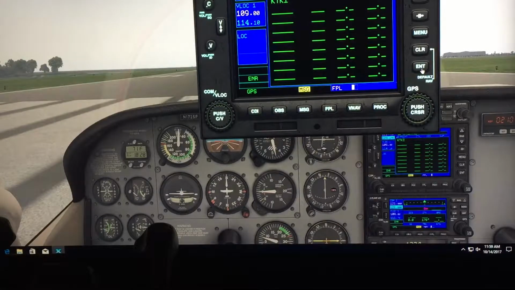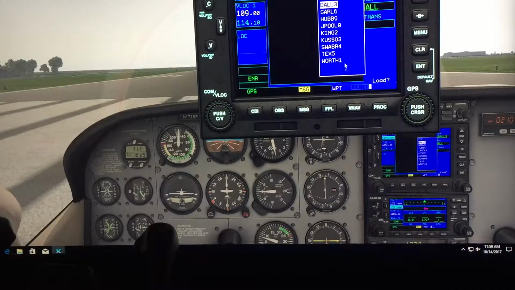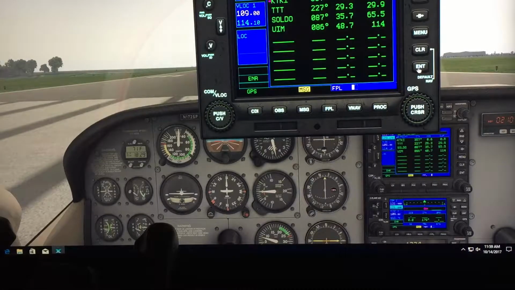All right, here's our origination. I want to select a departure. I'll go to procedures, scroll down to departure. Select that. Here's all the departures for this airport. Scroll down to the Hubbard departure. Enter that. I want to transition out of this thing at equipment. I'm going to go down here to equipment. Load that. It loads the waypoints for that SID. And I want to also now